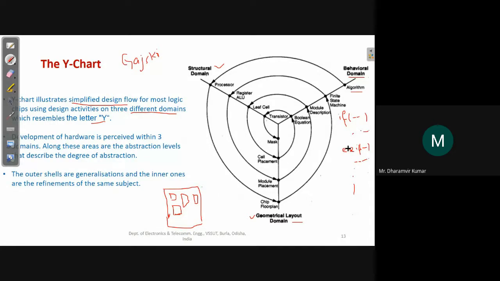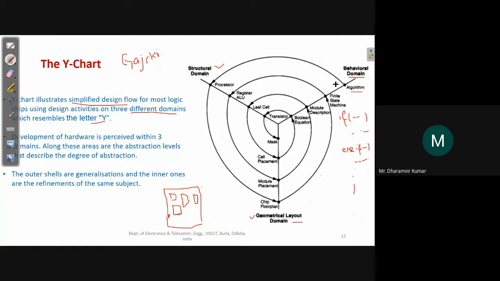So look here, at the most top level we have the algorithm. The algorithm will describe the functioning using different blocks. Basically it may be in the form of a flowchart or in the form of text.